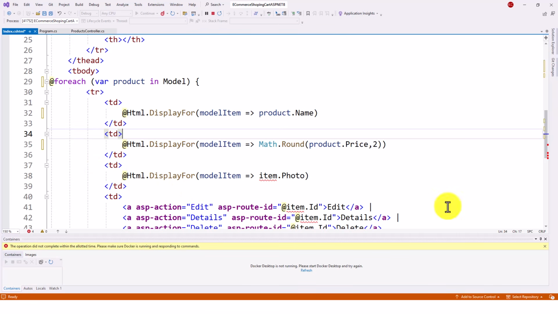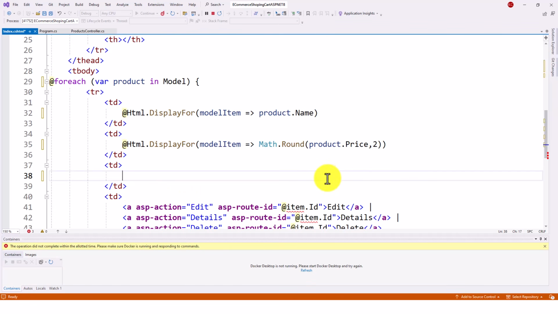For model item item.photo, here I will make some more changes. It is not product.photo. If I make it product.photo, what do you expect? It will still remain the same, right? So I'll have to change it suitably so that the images are loaded properly. So here I will use an image tag. I will have to change this TD, so I will delete this, remove this. Instead I will write